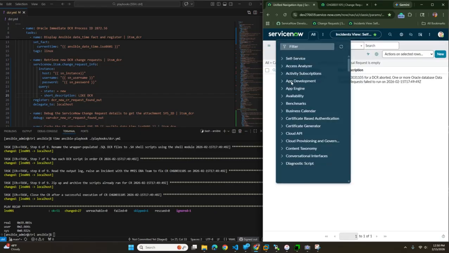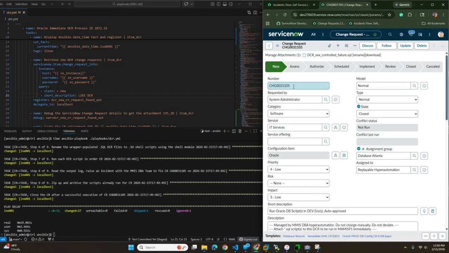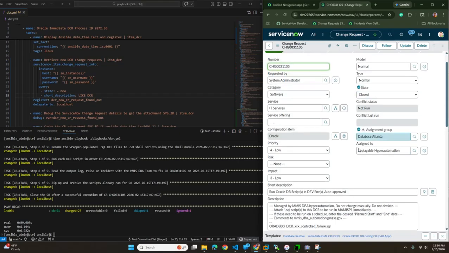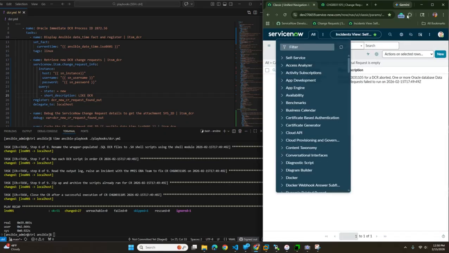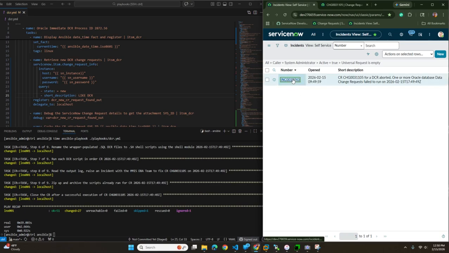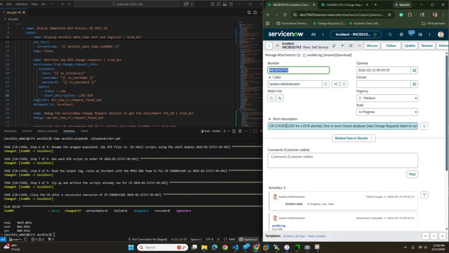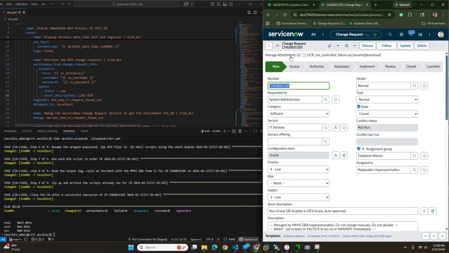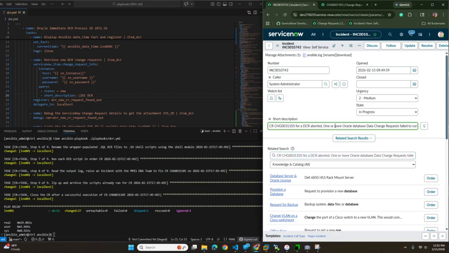Now let's take a look at the incident. First of all, let's go and look. So we've got the change request. That's the number 1105, and it's closed. Now let's go back to incident. Let's stop the auto refresh. So as you can see, it says change request 1105, the one we just saw, has failed. One or more Oracle databases change request failed to run, and it also attaches the log for the run for the DBA to take a look at and